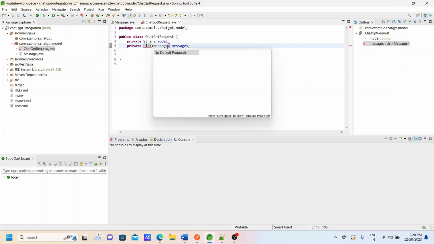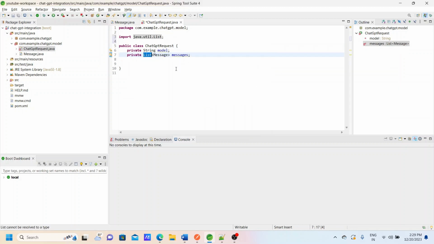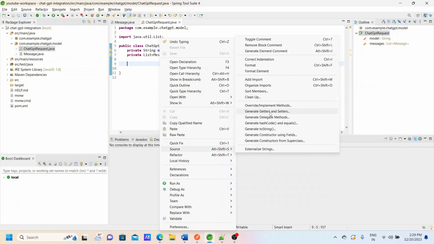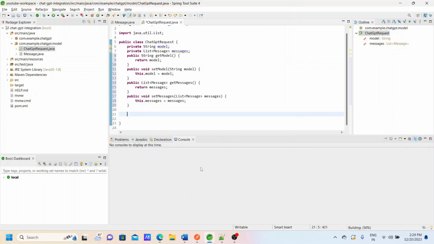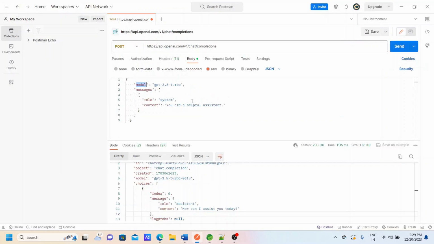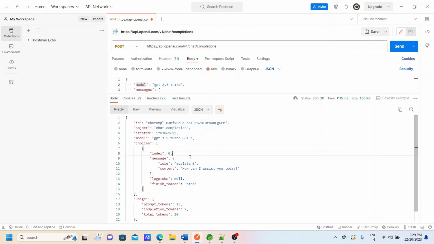Okay, so let's create getters and setters. Right, so now the request object is ready for us. Now we'll go for the response. When you come to the response, we have many fields which we may not have to use. So we are focusing only on this area: choices, basically a list of choices, each of which will have a message. Message will have a role and content. So this object we already have. Now we will create a